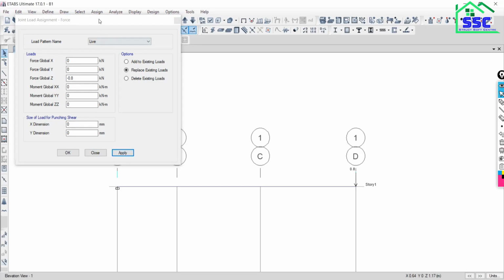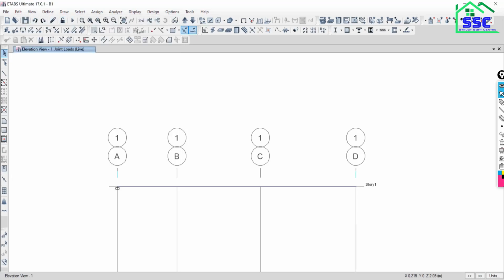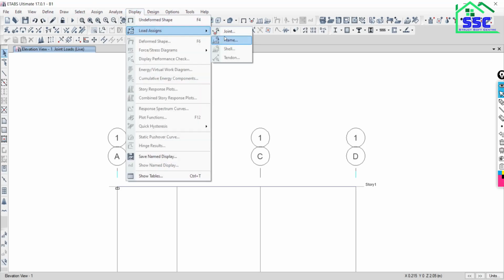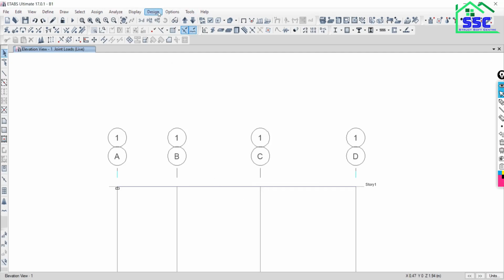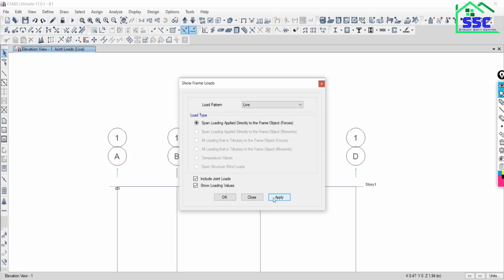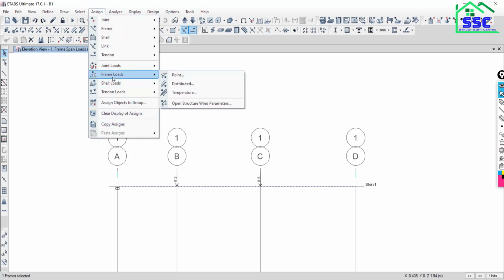Say apply. Sorry, go to display, assign joint load in live category. No load is there. Go to display, frame load, live load category, apply. As you can find, both the loads are present here, and I just want to assign the load at this joint. So first select the frame, go to assign frame load,